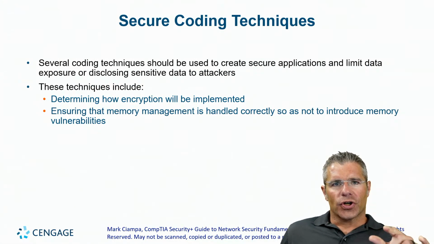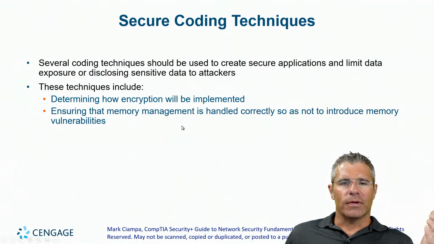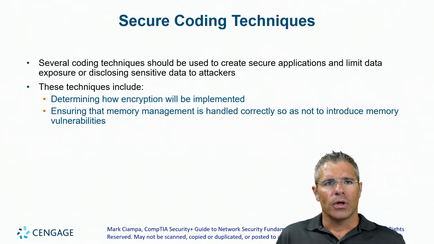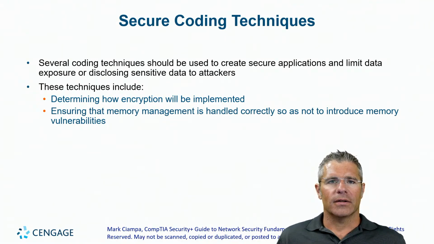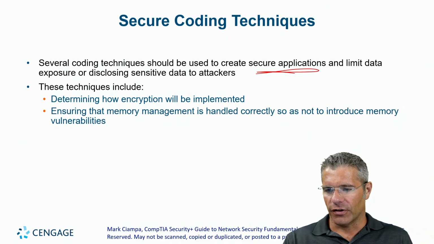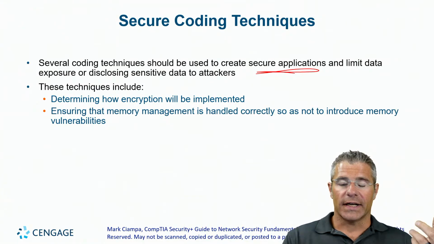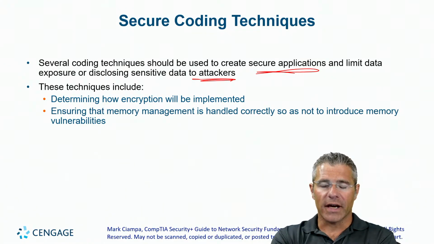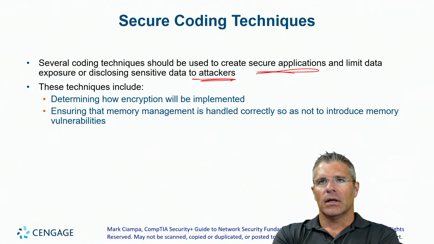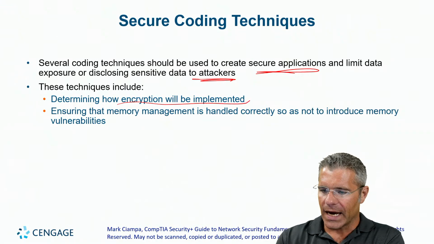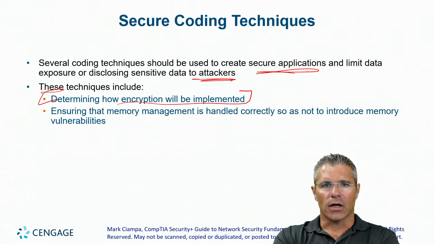In terms of secure coding, that involves the process that we are trying so hard to teach our young programmers to integrate into the process of writing software, right? So we want people to create secure applications, and then we want those applications as restricted, again, principle of least privilege and functionality, so that when they are attacked or if they are defeated, that they can't expose more than they should. So a big part of that will be determining how we encrypt and protect our data.